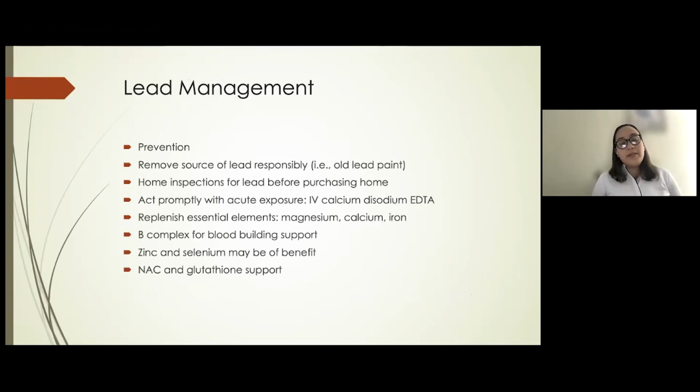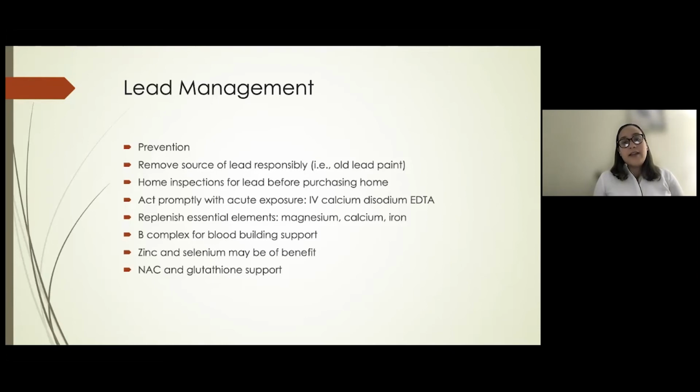So what is the management? Prevention, right? If you purchase an old home, you want to make sure that it doesn't have lead paint. And if it does, you have to get professional individuals to come in and tear down and remove it properly. So home inspection is very important. And you want to act promptly. Lead is not,